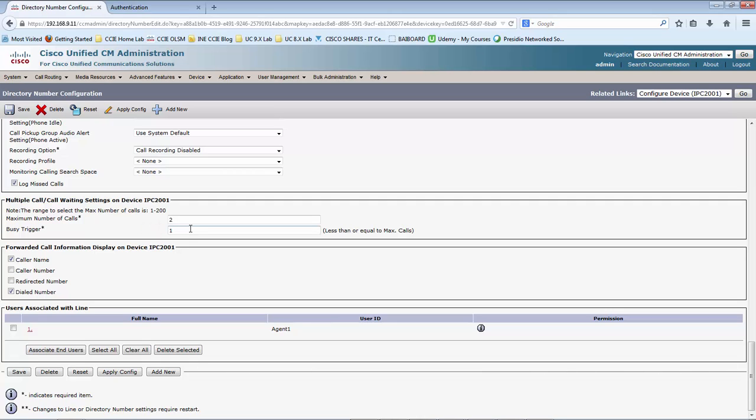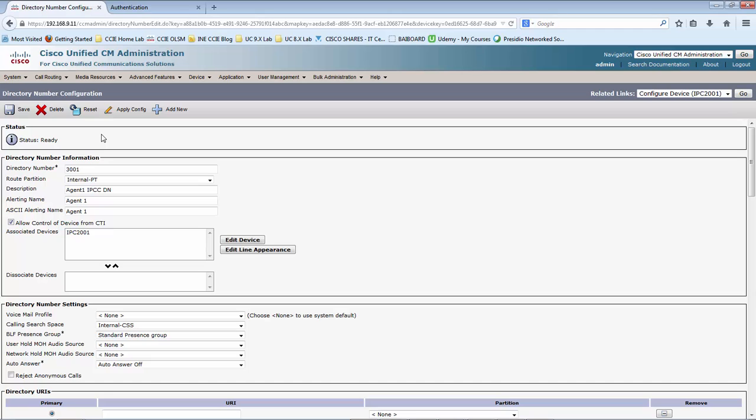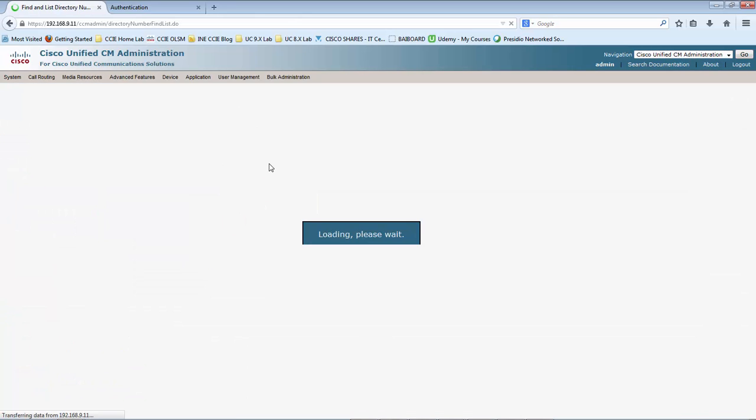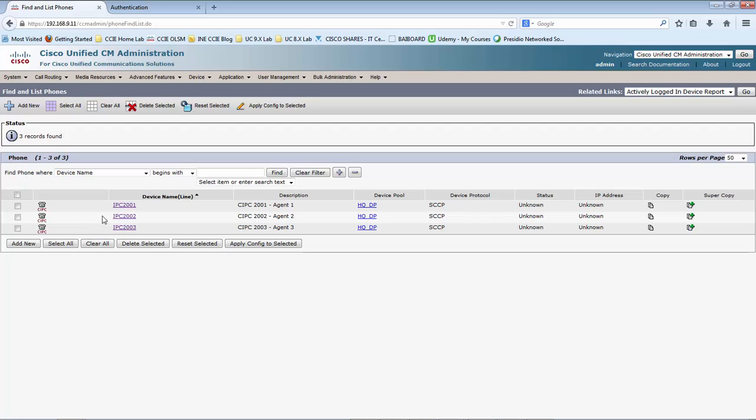This is really important. You have to do it. You have to just follow those guidelines I mentioned. You have to do this configuration, and I already made sure this IPCC extension is not shared with any other hard phone, or even configured in the same device with a different partition. And I made sure that I followed those guidelines, and I configured all the 3 agents in the same way. I configured all the 3 phones with the same config, and they should be having 3 extensions. One is 3001, 3002, and 3003